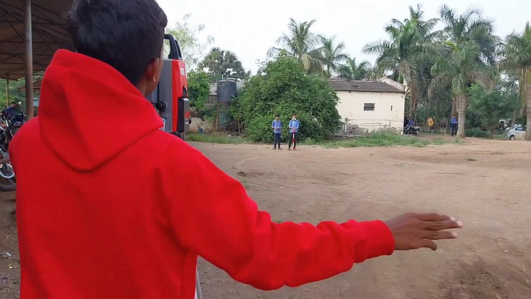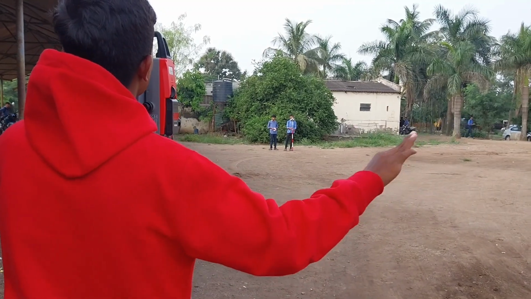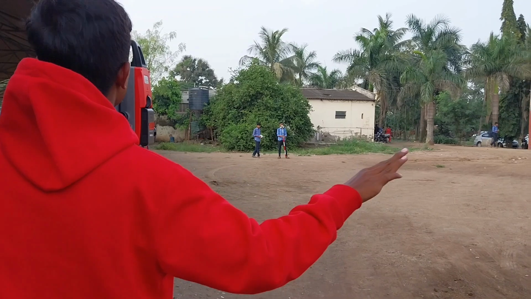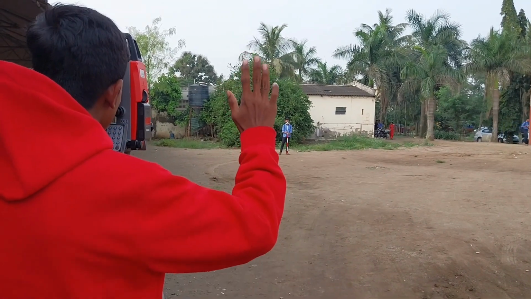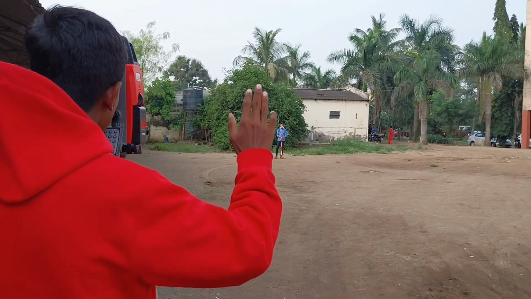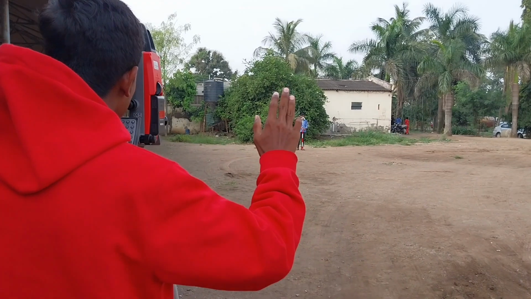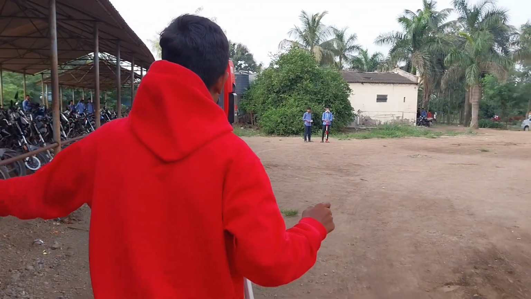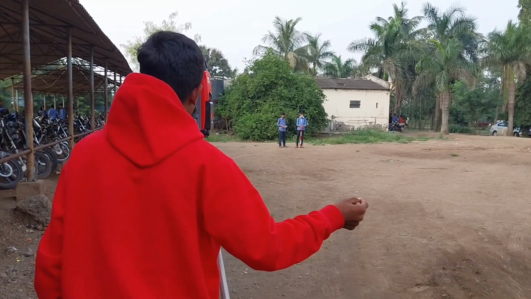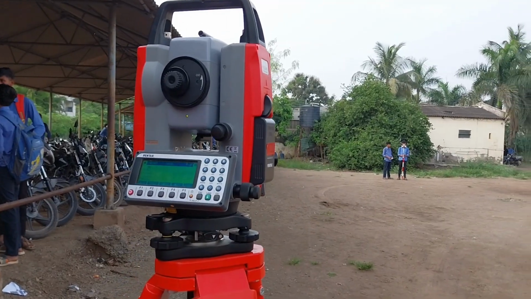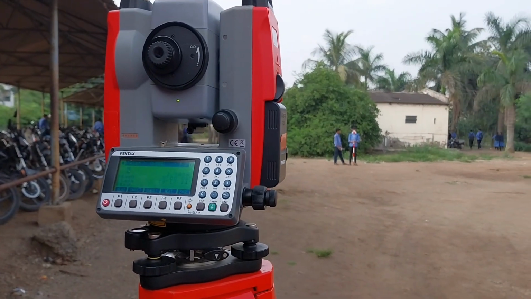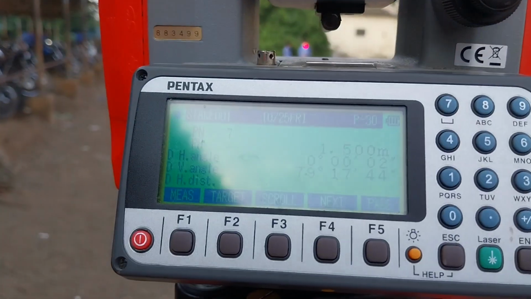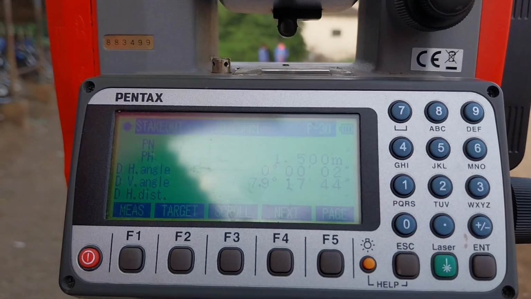Instruct our prism man like this so that he can come to the center of the crosshair. When he comes to the center of the crosshair, press F1 to measure.